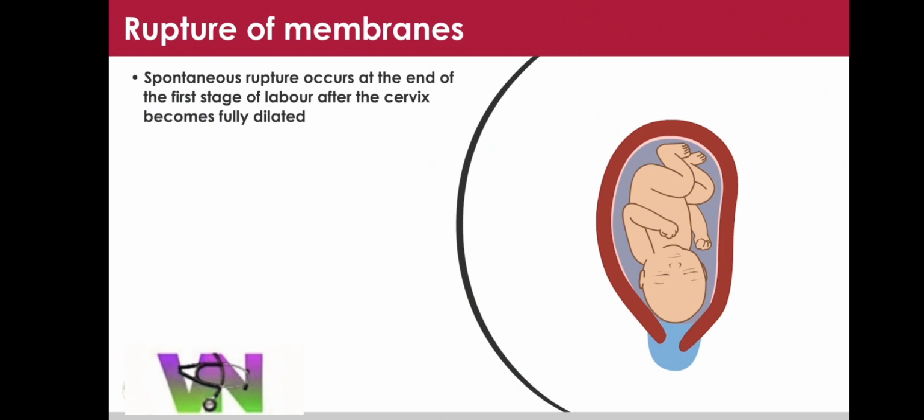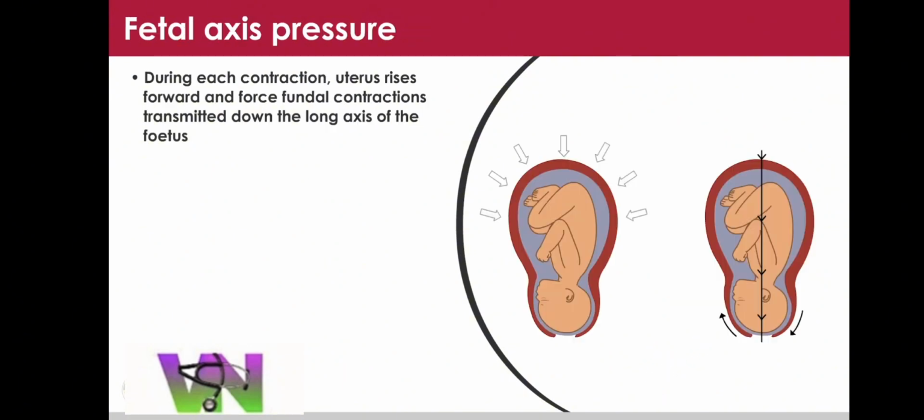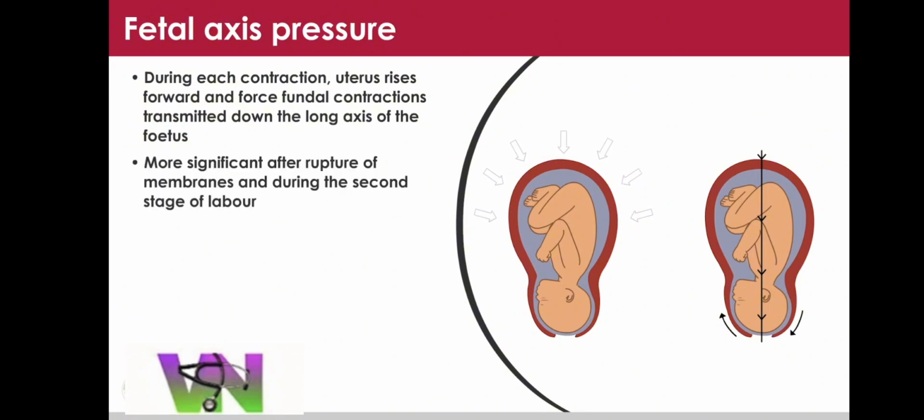Rupture of membranes. Spontaneous rupture occurs at the end of the first stage of labor after the cervix becomes fully dilated. Fetal axis pressure. During each contraction, the uterus rises forward and forces contractions transmitted down the long axis of the fetus. More significant after rupture of membranes and during the second stage of